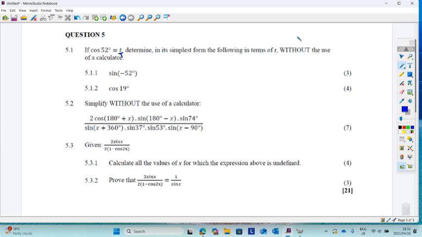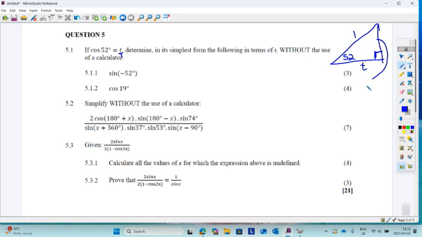So when you see a question like this, the first thing you have to do is to draw a right-angled triangle. My right-angled triangle is not that beautiful, but this is the angle there, 52 degrees, and it's adjacent over hypotenuse. Your t is your adjacent, your hypotenuse is 1, and then for the opposite, make use of